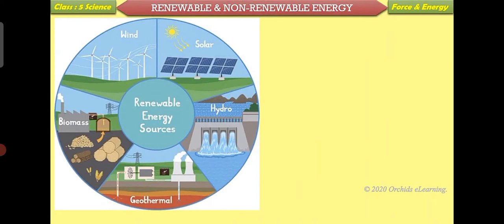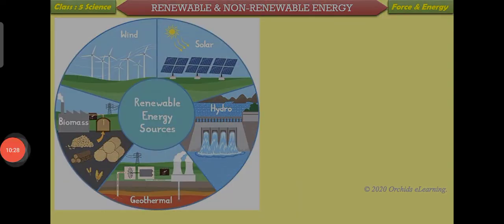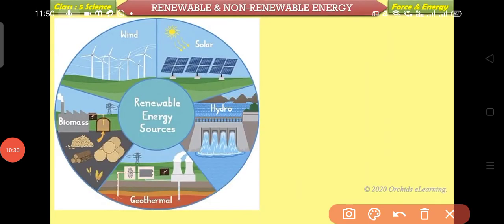Next comes renewable and non-renewable energy. Renewable means which can be renewed. Non-renewable means which cannot be renewed. New means the new one. Renew means we can make it new again and again, or repeat it. So, for example,